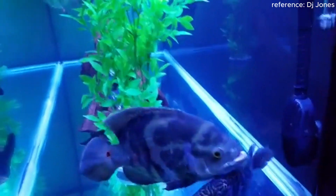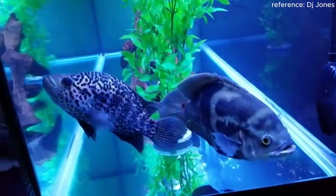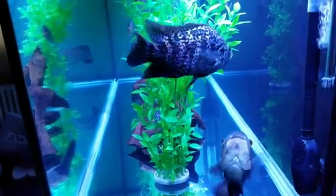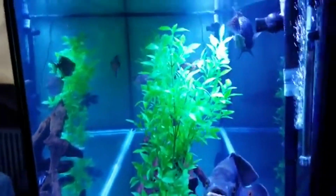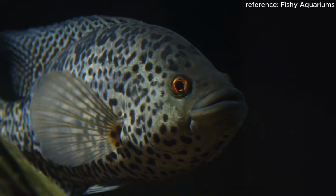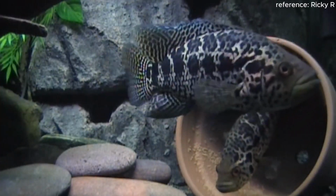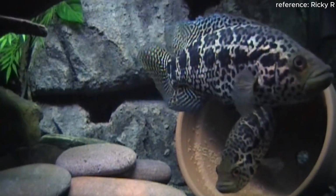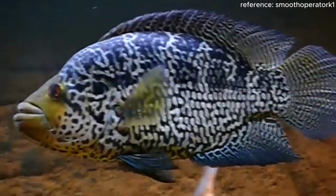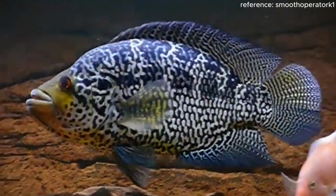Jaguar cichlids need a tank that's at least 100 gallons to accommodate their size and territorial nature. You'll also want to keep the water well filtered and slightly on the warm side to mimic their natural habitat. When it comes to food, jaguars are carnivores through and through. A diet of meaty foods like shrimp, krill, and high-quality pellets is going to keep them healthy and happy. As for tank mates, think big and bold. Other large cichlids or equally tough fish can cohabit with jaguars, but anything smaller is likely to end up on